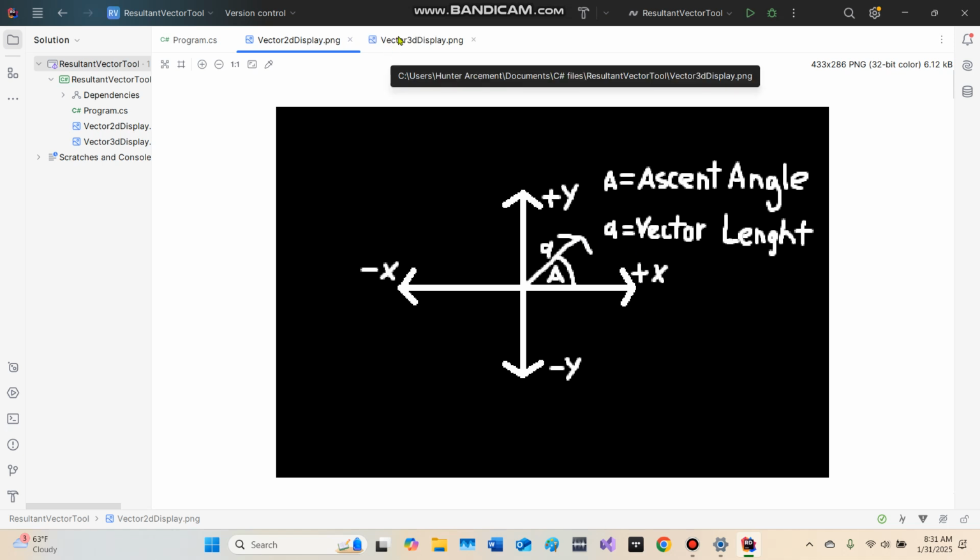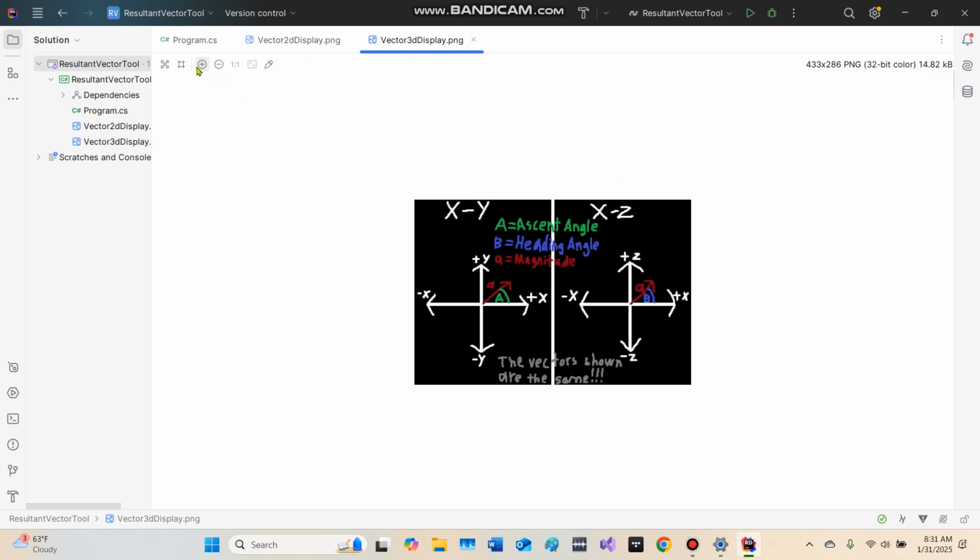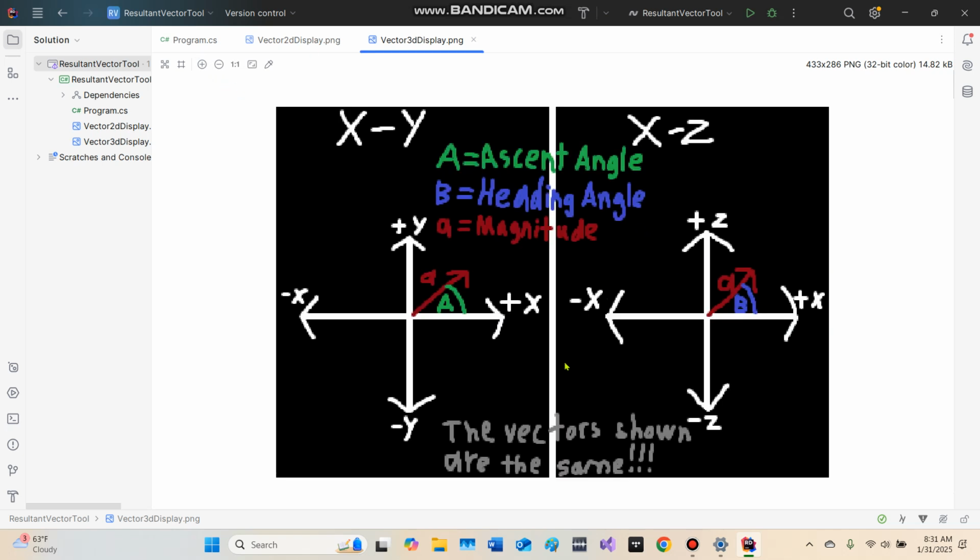When you're calculating a 3D vector, this is what you'll be seeing. So we have vector A, and this is the exact same picture. This left side is the same as this, with the magnitude and the ascent angle. But if you imagine taking this right plane and placing it on top of this image, and then rotating this